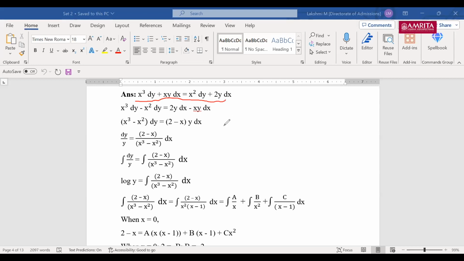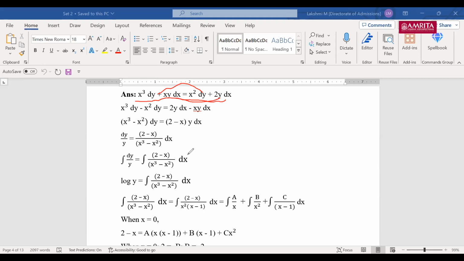So I'm just going to rearrange these terms. This is x cube dy. I want all the dy to be here, so x square dy comes here. xy dx goes here. So here it will be 2y dx minus xy dx, and here it will be x cube dy minus x square dy. So there will be (x cube minus x square) dy and (2 minus x) y dx, because it's 2y and xy. So I've taken that y also outside. So you have dy by y is equal to